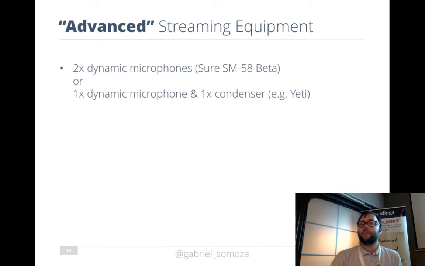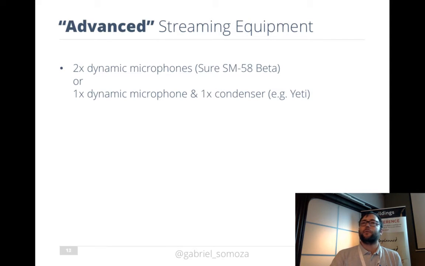A dynamic microphone is the kind that you normally see when people sing at concerts or talk at conferences, right? It's that thing. It captures the voice and the sound that goes into it directly. It doesn't capture the sound behind it, so it's good to avoid feedback loops. And so if you have speakers,